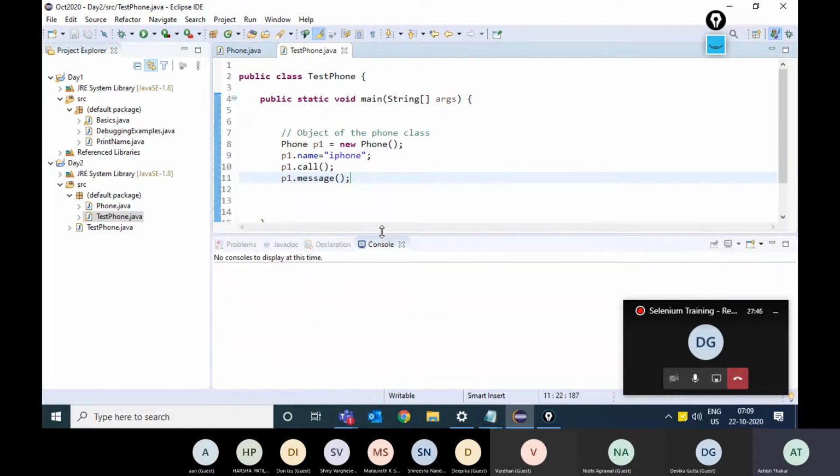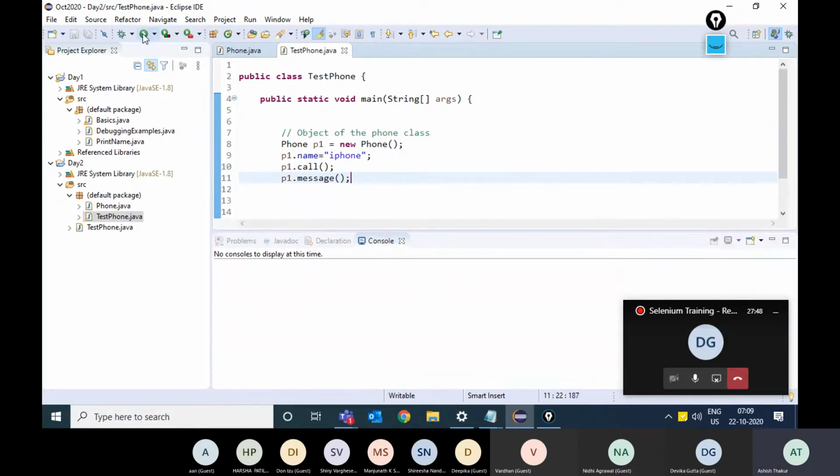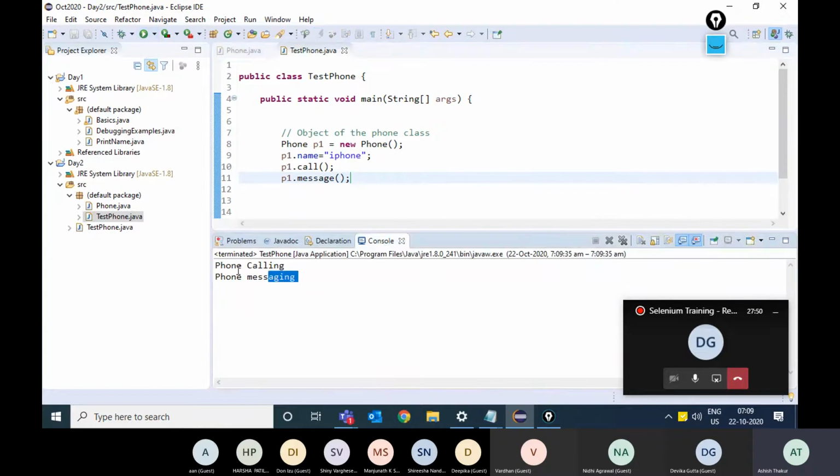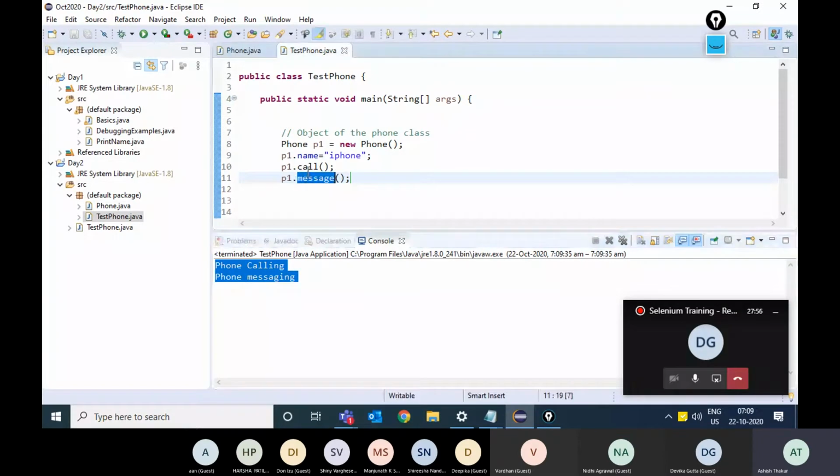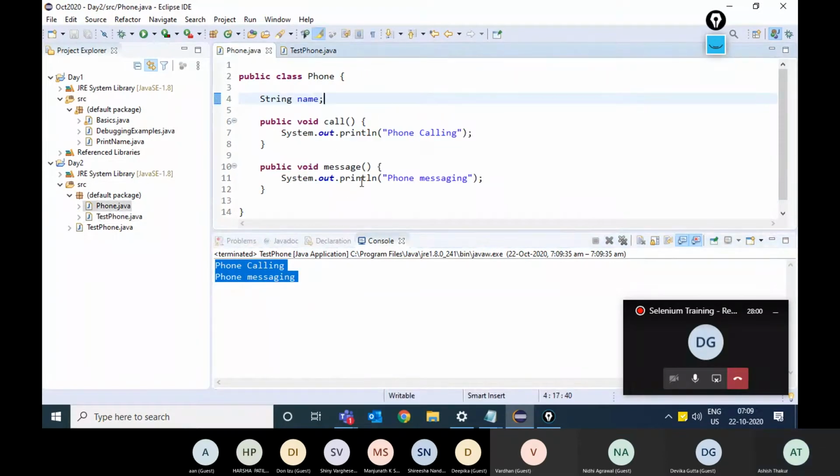And if I just run this, it'll print phone calling and phone messaging. These two functions can be called with the help of p1.